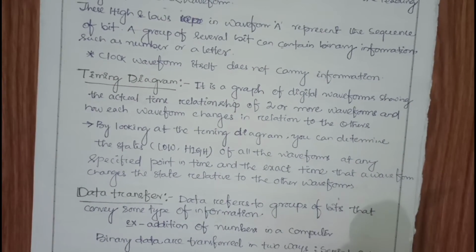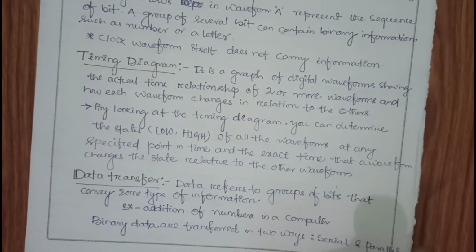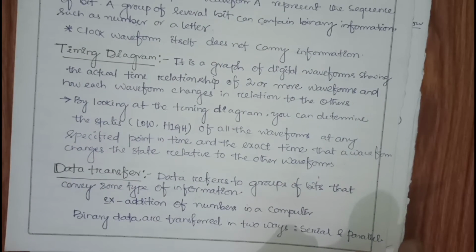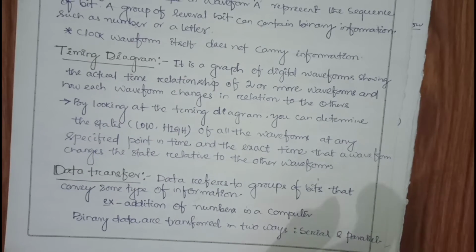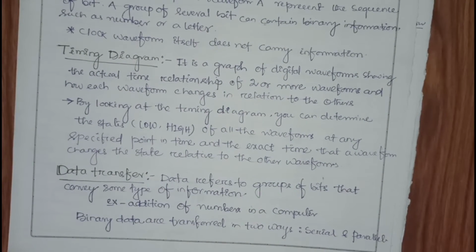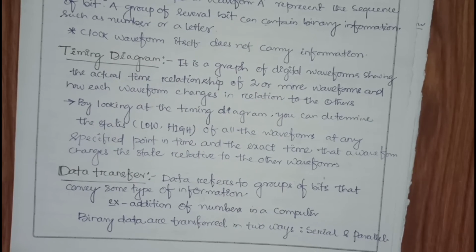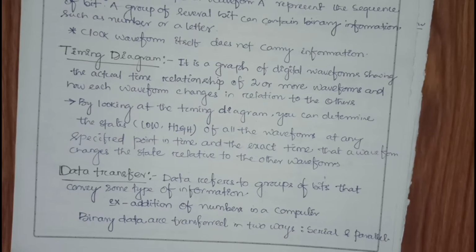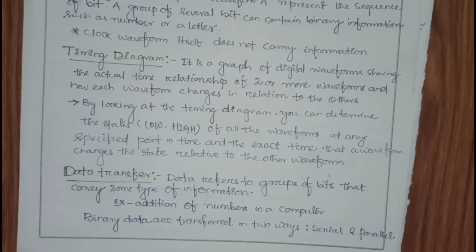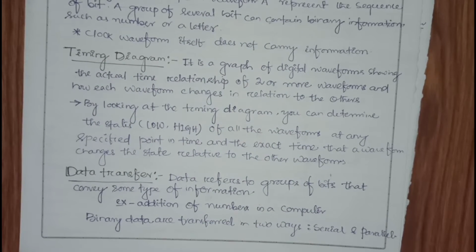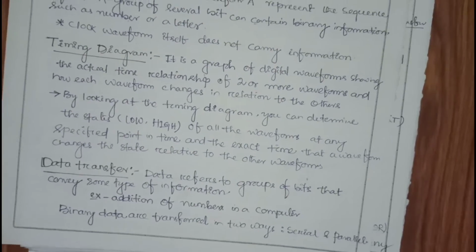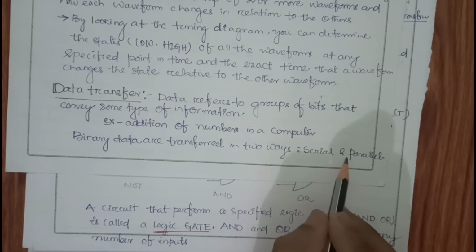There are basically two types of data transfer. Data transfer means we have to transfer our data from one end to the other end. Like the example I gave, a CD. That data is stored, and from that CD the data is brought back through digital to analog conversion. So for that, my data should be transferred from one end to another end. There are basically two types of data transfer. One is serial data transfer. The second one is parallel data transfer.